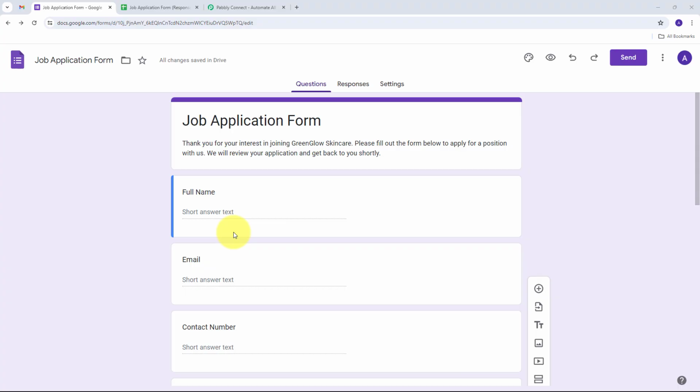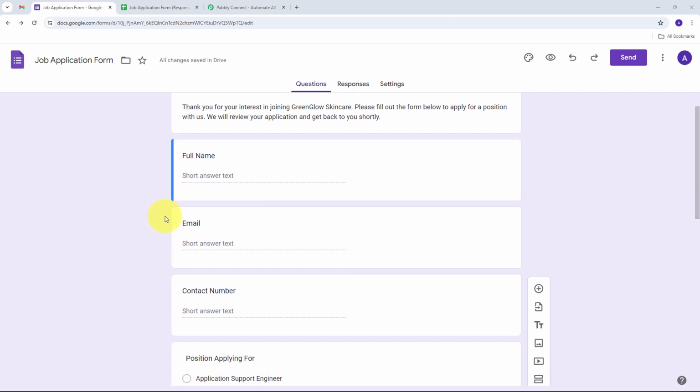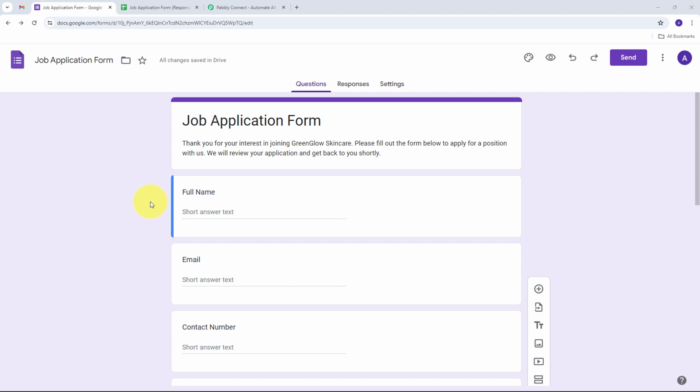I hope you can all see my computer screen, and today I'm going to show you how to send personalized confirmation emails automatically on Google Form submission for job application. Suppose I work in the HR department in my company, and my company is actively seeking new talent. We want to hire new candidates, and whenever new candidates submit their job application via Google Forms,